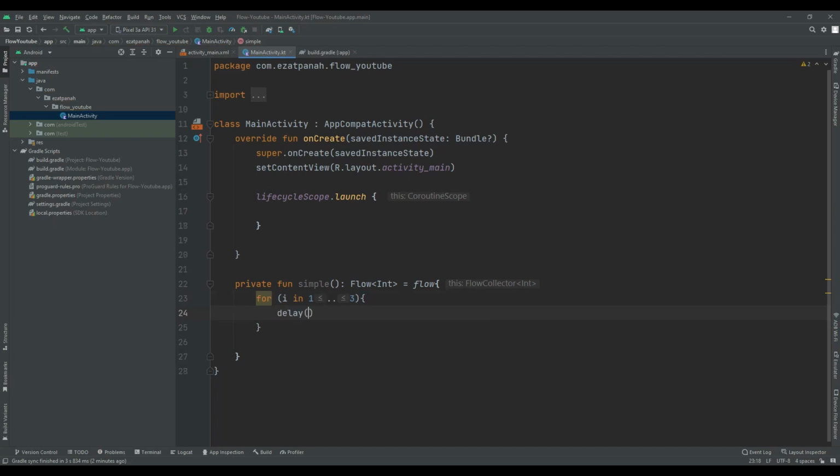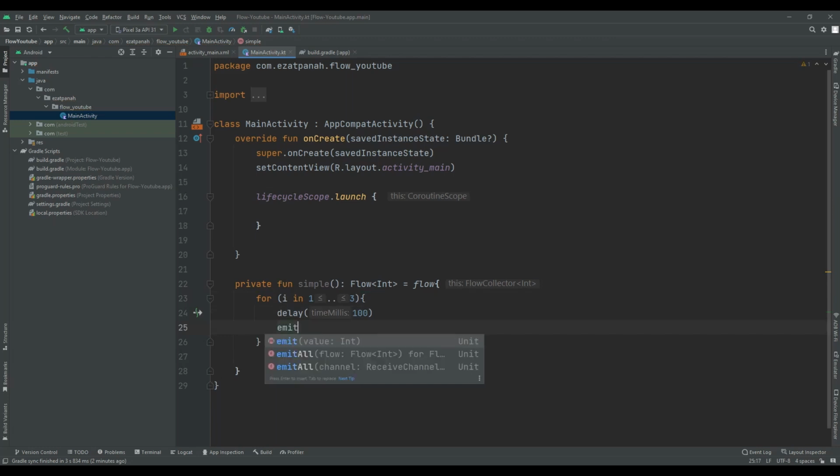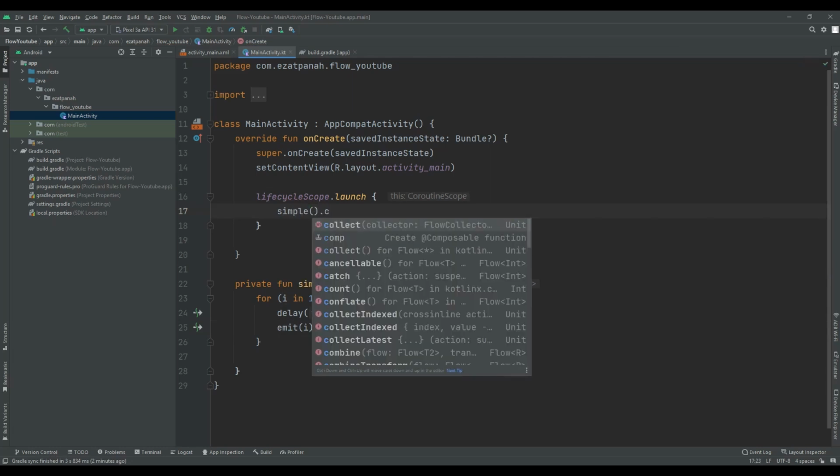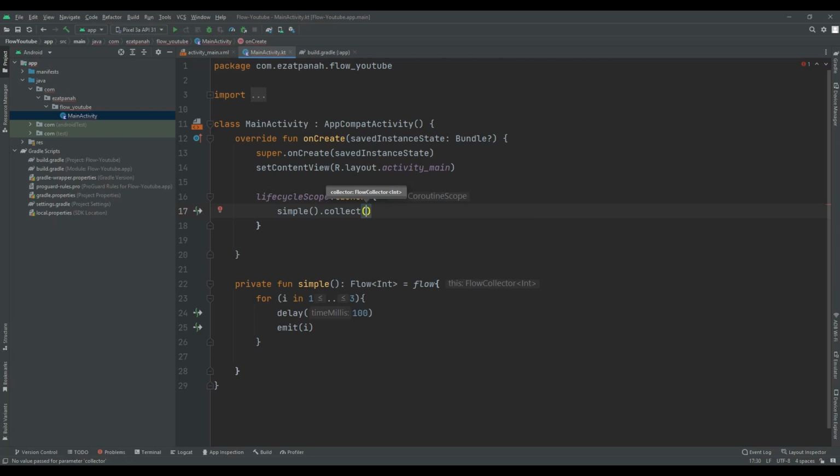And here let me call delay for 100 milliseconds, it's okay, and emit i. And here I can call my function and use the collect operation,